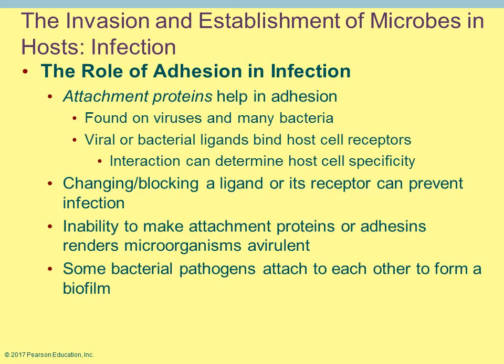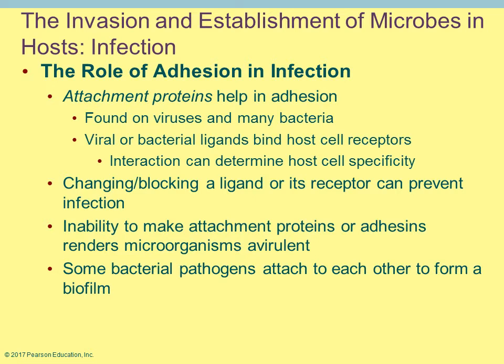This is one thing that plays a role in why an organism can use a route of entry, say the respiratory system, but is not effective with the GI, gastrointestinal tract. Maybe the cells in the lungs have those receptors or docking stations, but not the ones in the GI tract. If it's not there, it can't attach and it'll be flushed out. If the organism cannot make these adhesions or these little attachment proteins, it would be what we call avirulent. It's not going to be able to remain there. It won't cause infection and disease.